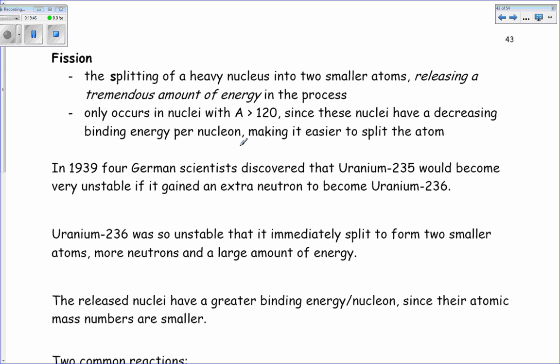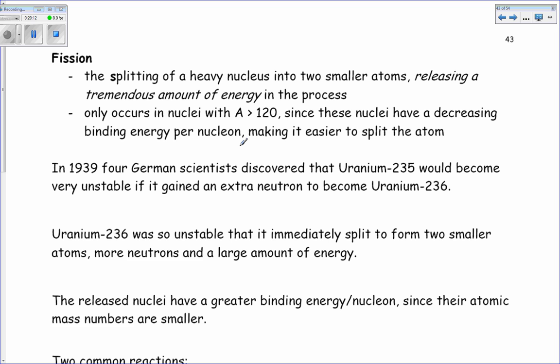Okay, so fission is the splitting of a heavy nucleus into 2 smaller atoms, and in the process you release a very tremendous amount of energy. So fission is what occurs in a nuclear power plant, and it's also what occurs in a nuclear bomb. It tends to only occur in nuclei that have an atomic mass number, so total number of protons and neutrons, greater than 120, because those nuclei have a much, much lower binding energy per nucleon,